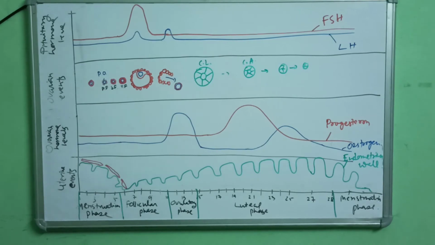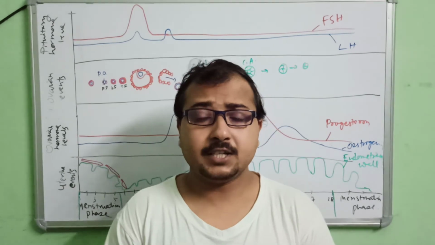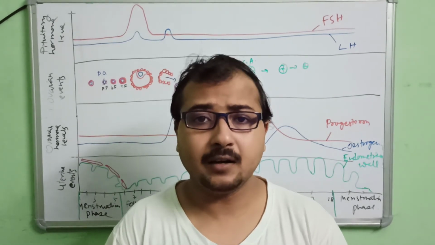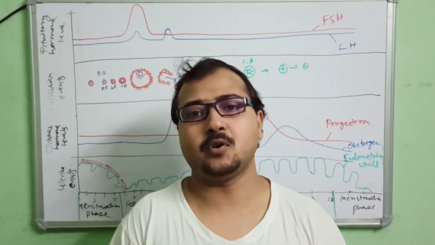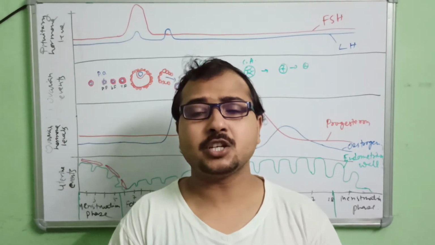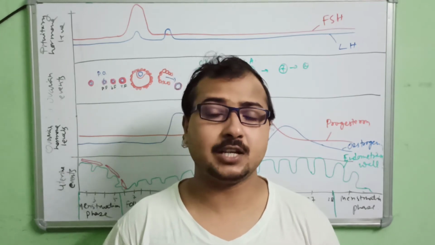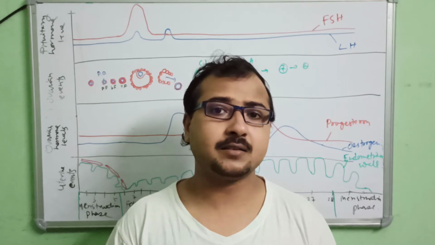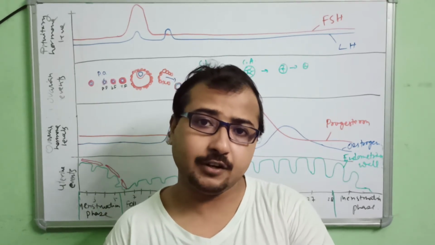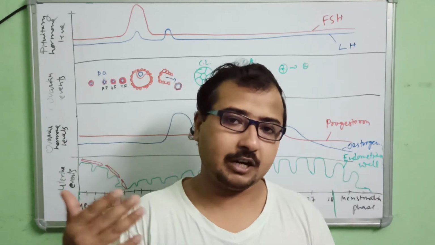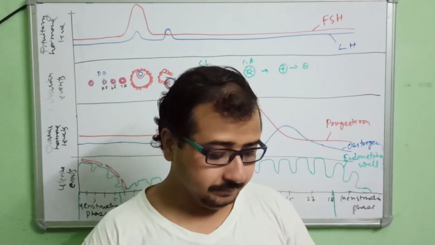So let's continue. Fertilization is the fusion of the male and the female gametes. Before that, insemination is important. What is insemination? Insemination is deposition of millions of sperm in the vagina during sexual intercourse. And then from there, the sperm's traveling starts from the vagina to the cervical canal to the uterus and then to the fallopian tube.